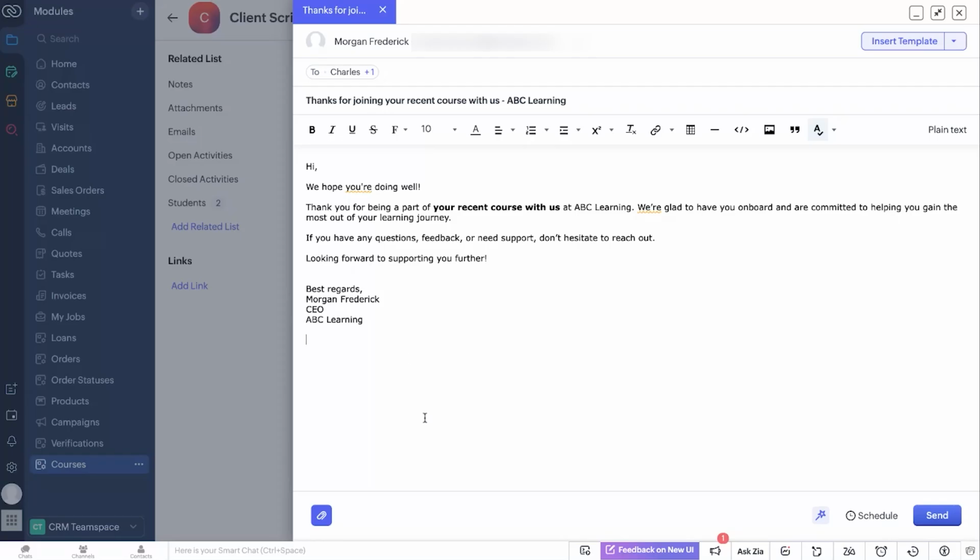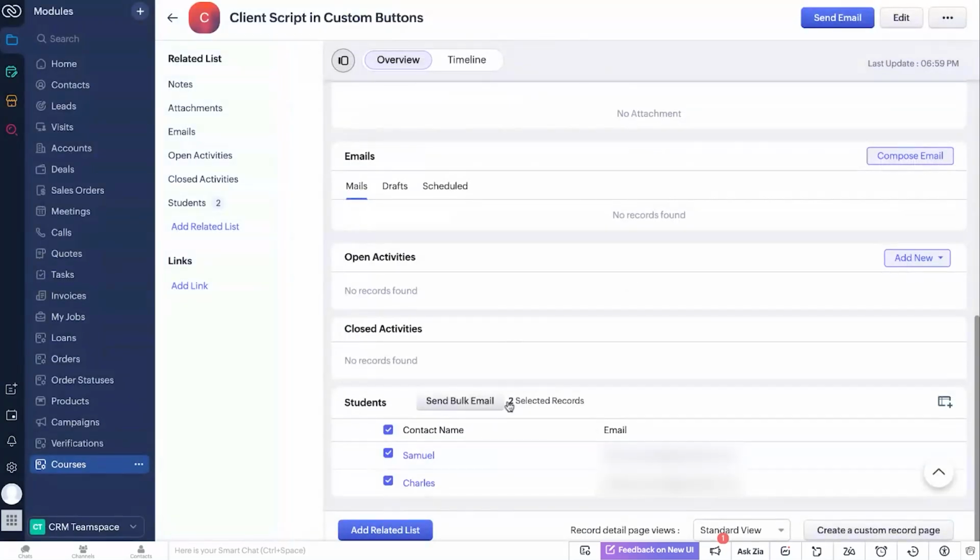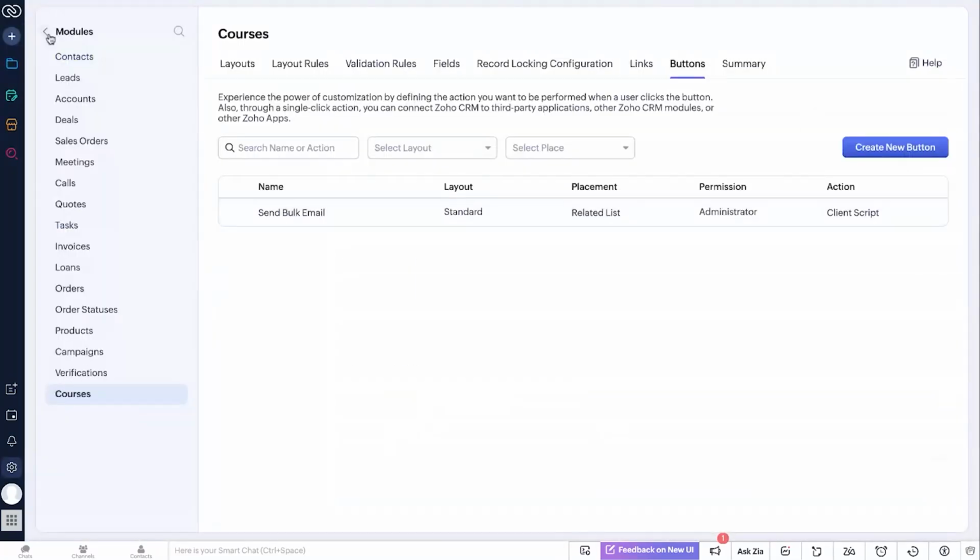We actually looked at three different ways in which you can send emails using client script. So that was a good session. Okay, so now I can just select the students and the bulk email will be sent to all of them. I'll just show you how the context differs in this scenario. So I'll just go into my